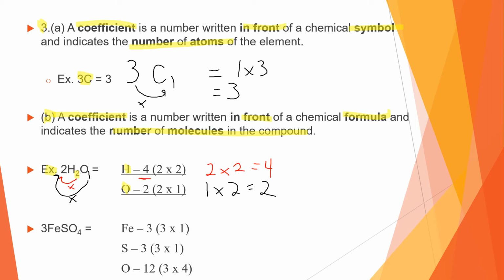It looks a little bit more difficult, but again, we need to break down the compound into all of the elements that make it up, and then we will do our multiplication if we need to. So in this case, we have iron sulfate, FeSO4. So we have iron,